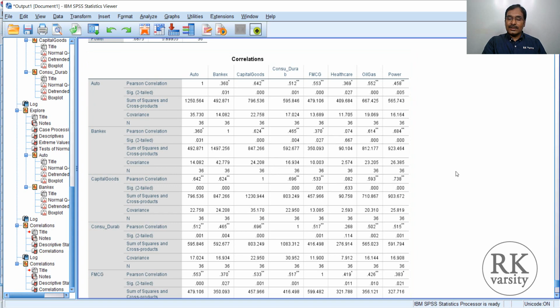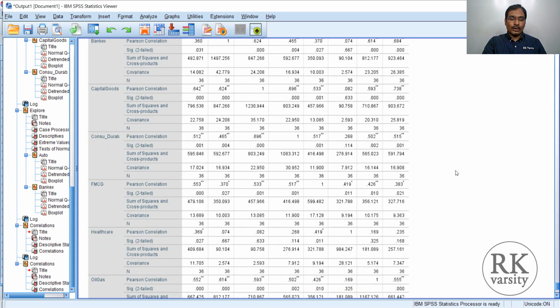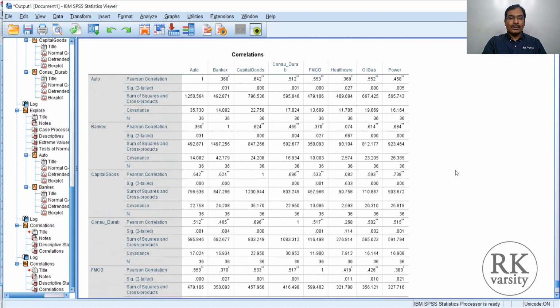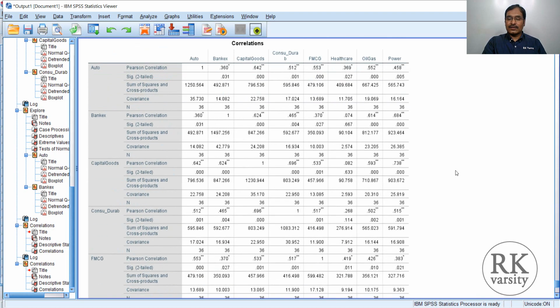So this way you can run a zero order correlation. It is important especially because, instead of running multiple bivariates, you can run one table and check all the correlations in one go. That is one. And second, using the correlation values here, you can also run partial correlations with the help of the zero order correlation table.